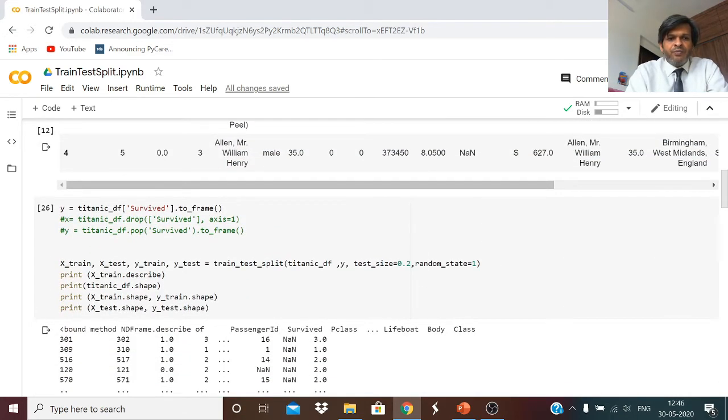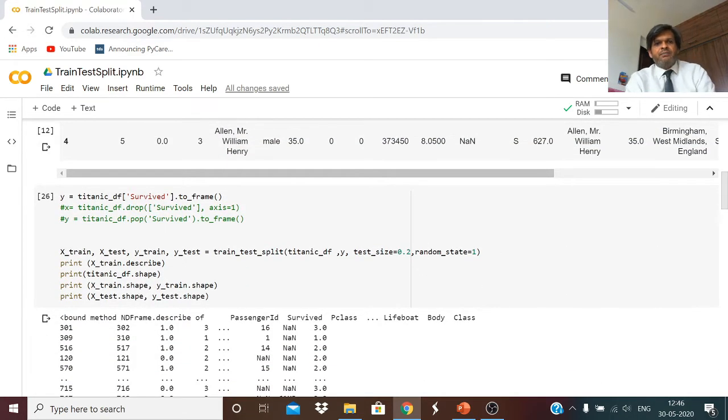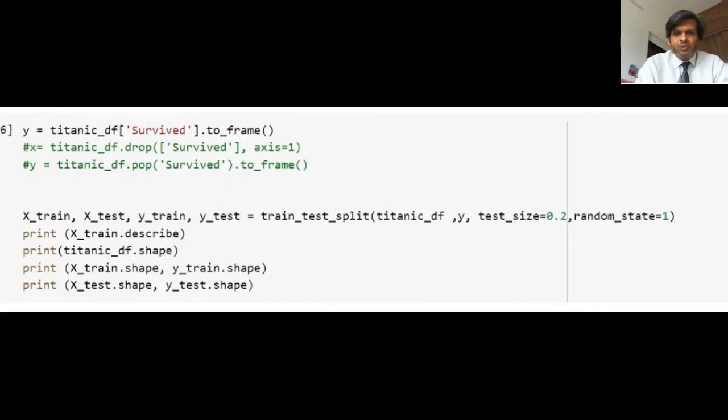Now here I'm going to use the split function. Like I said, the first two parameters are the arrays which we have to provide, the x and y. So I have separated out the labels over here. So y equals titanic_df, that is our Titanic dataset data frame, and in that I have selected just the survived column. So that is my label. I am treating survived as my label, whether the passenger survived or not, and I created an array and assigned it to y.